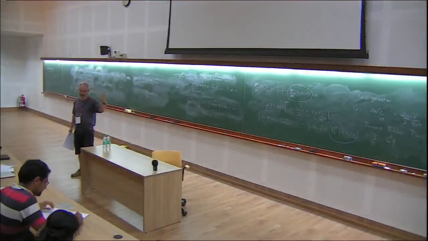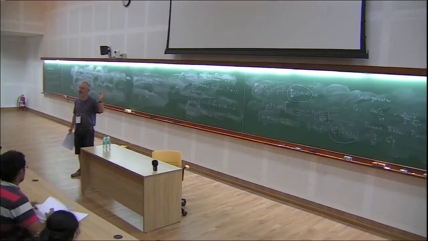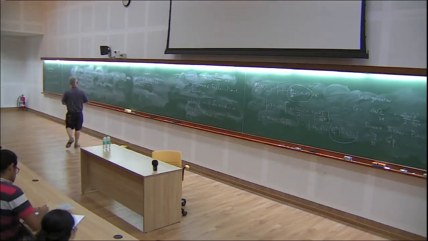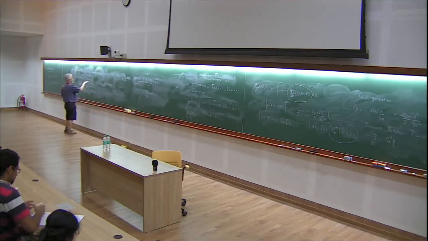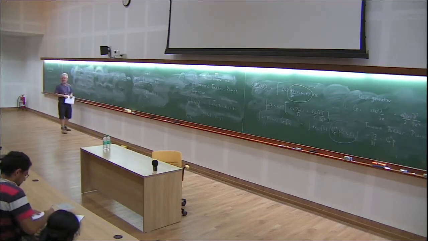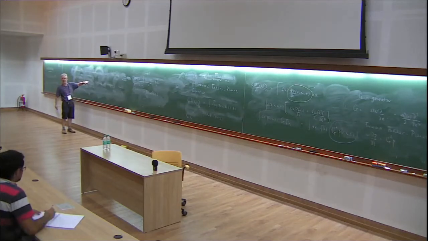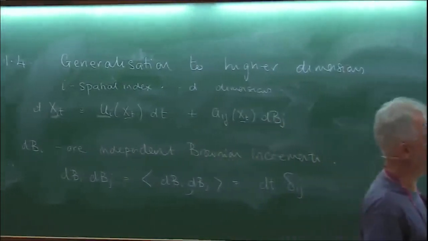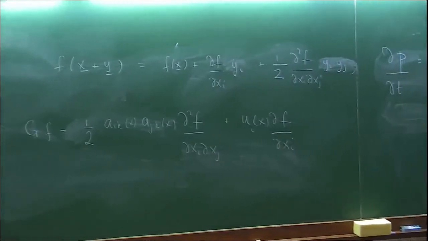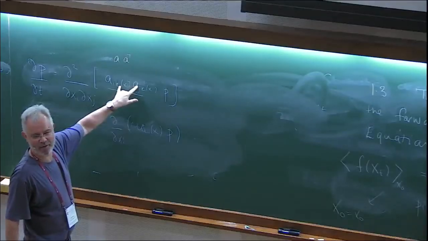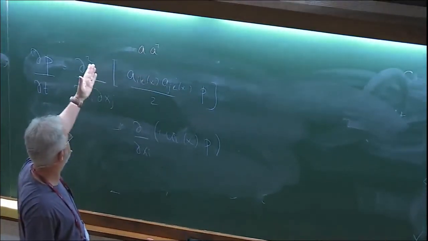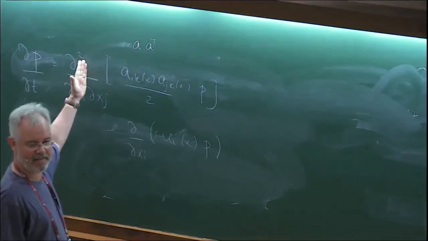So there are two ways of seeing it. Either you can say that there's a correlation with the dBs, or the key thing is this A. What's important is that in Ito, this A is evaluated at the early time. In other forms of the calculus, this A can depend on the next variable, okay? So you can have Stratonovich calculus, you can have Ito calculus. In Ito calculus, all of the A's, imagine I have A squared, all of them are here. And I can actually start moving them through. If I take one of the A's and put it past the first derivative and leave it here, that's Stratonovich